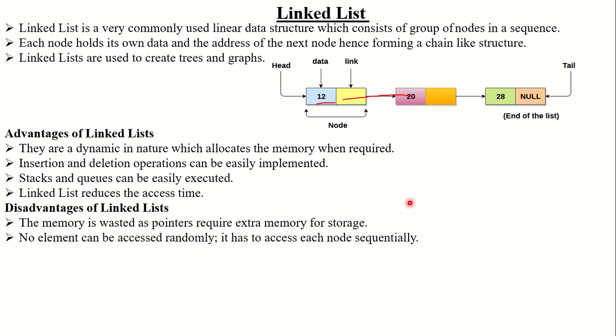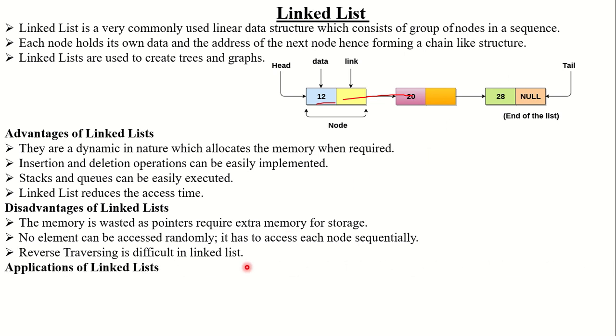One more thing, in the array, the memory is continuously allocated to each element. But in the case of a linked list, every node contains an address that does not depend on its previous or its next node. So address allocation is not continuous. Remember that concept. Reverse traversal is difficult in a linked list. Suppose we are at the tail, we want to travel from tail to head. It is possible, but it is a little bit complicated.